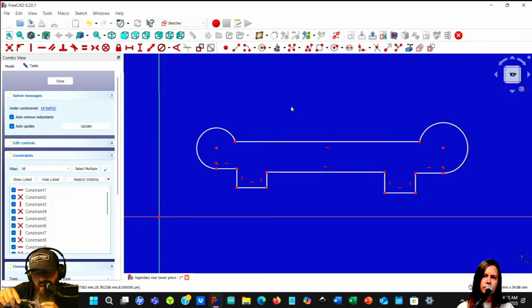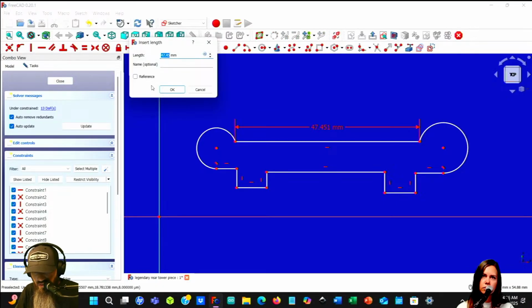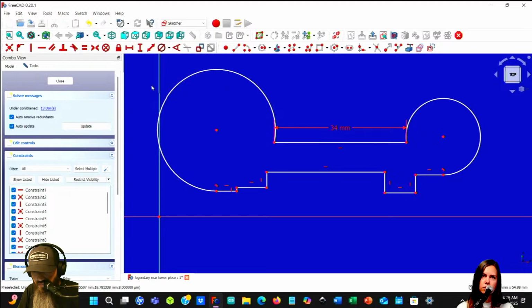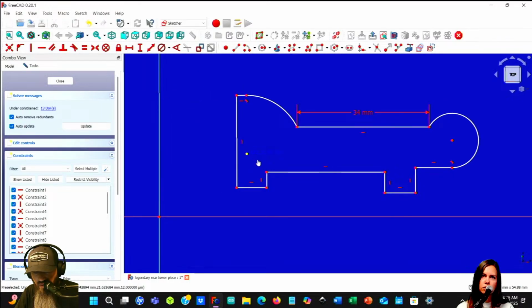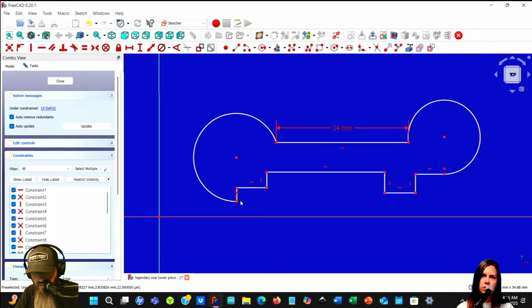Okay, so the length before the curve is about 34 millimeters. So this line right here needs to be 34 millimeters. Okay, so we're going to start to figure this out. And I don't know how big I want these circles to be.